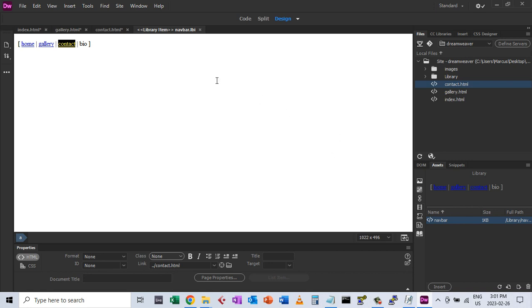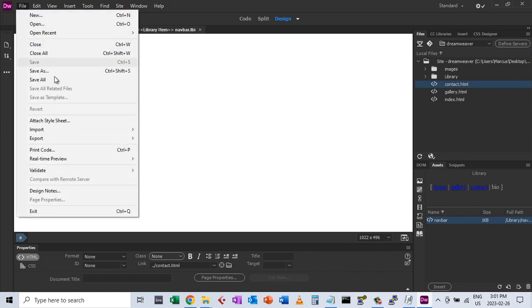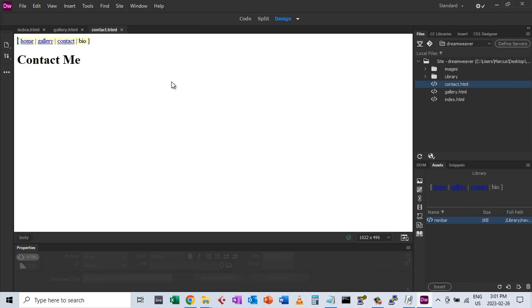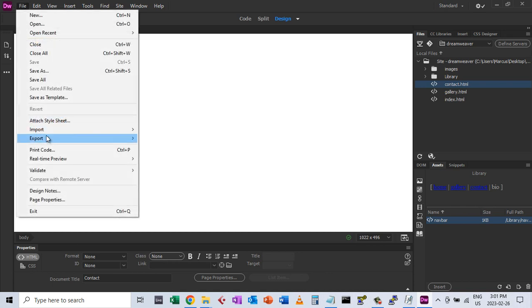And I close. And these get little asterisks because now content in them has changed as well. We can go File, Save All. Saves us a bit of time, so everything gets saved. So now, this is my library item. I can close that. So now I have 3 documents, so if I quickly want to look at how this works, I choose File, and